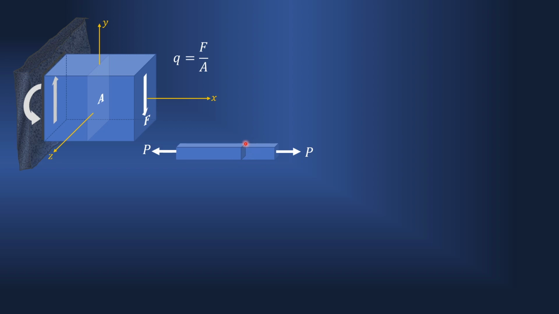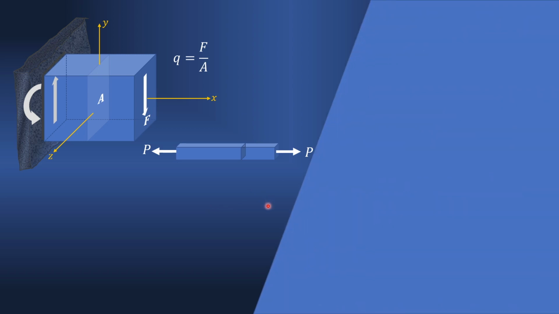So on this cross section, what is the force? You say tension or pull. If you consider the left side, again this force P with reference to this cross section is pull. So when you talk about force on this cross section, it is tension, pull, and for this force also you say the same thing, pull. Both these forces are pull type of forces, and for this cross section, both these forces are positive. So try to understand.